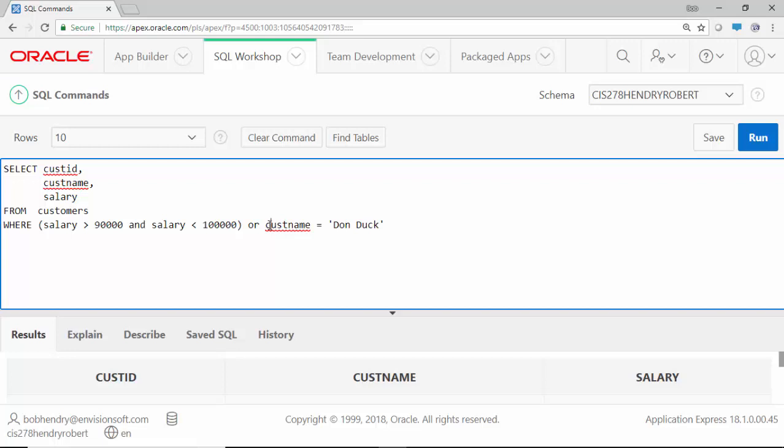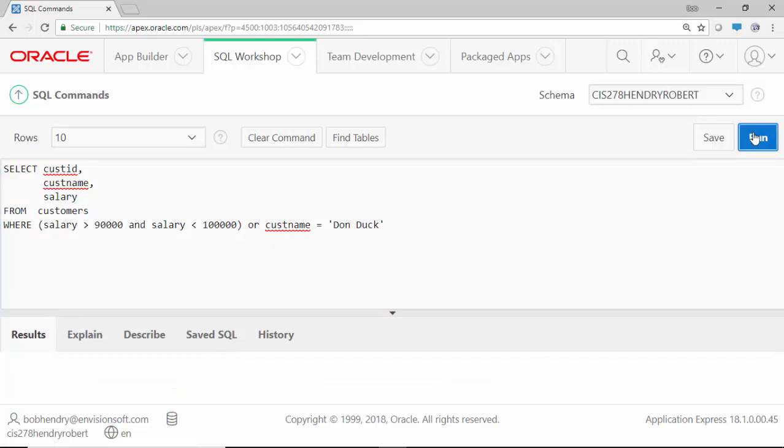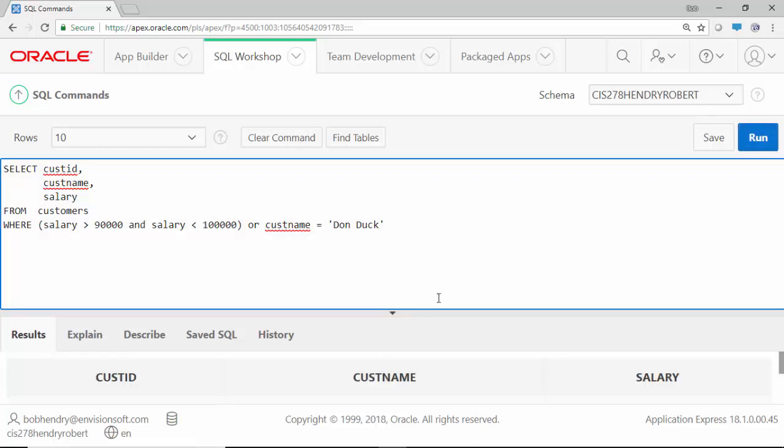You'll know a little bit more, like I said, about indexing, foreign keys, primary keys, all that other good stuff. For now, just worry about the syntax for a where clause. So I'm going to run this. And again, I don't know if I have a Donald Duck in there, so it's not going to bring them back. But in this case, I'm going to bring back